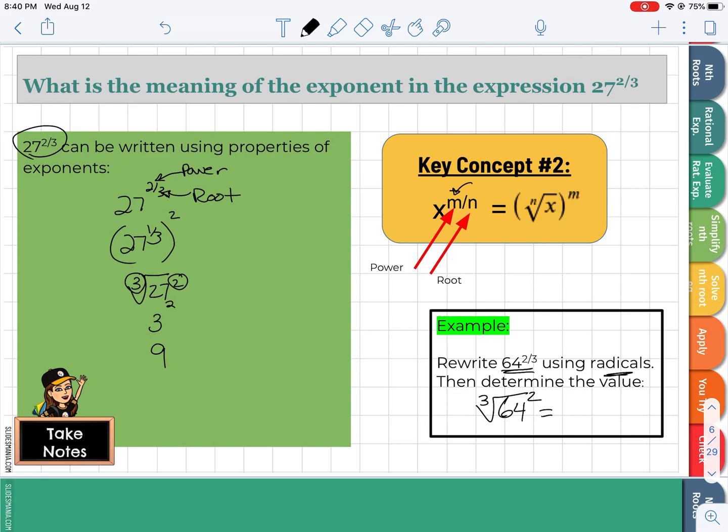If I want to determine the value of that, the cube root of 64 is 4, and 4 squared is 16. So it doesn't matter what order you do your operations in on these, but it is always going to be easier to do the root and then the power because you're going to make the number